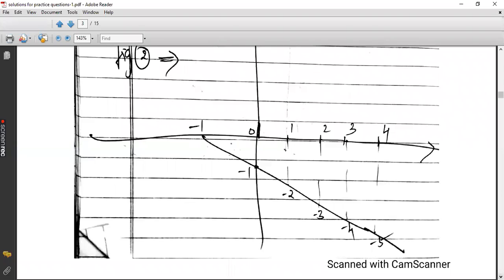So what is the procedure of drawing minus r of t plus 1? First you shift r of t towards the left side by 1 unit, that's r of t plus 1, and then you change the amplitude to negative. So all the amplitudes like 1, 2, 3, 4, 5 will become -1, -2, -3, -4, -5 respectively. That is figure number 2.